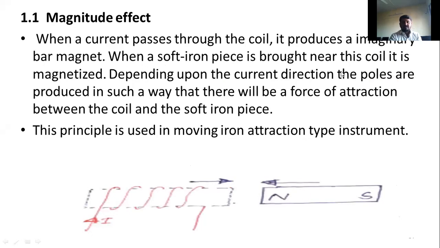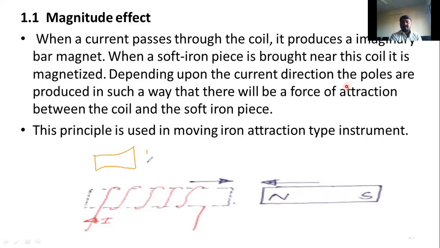What we will do here, some operations, we are going to call the magnetic effect. What is this one? This is just an iron piece here. It is not a magnet. Here one iron piece is there, and here one more iron piece is there. I will take two iron pieces.